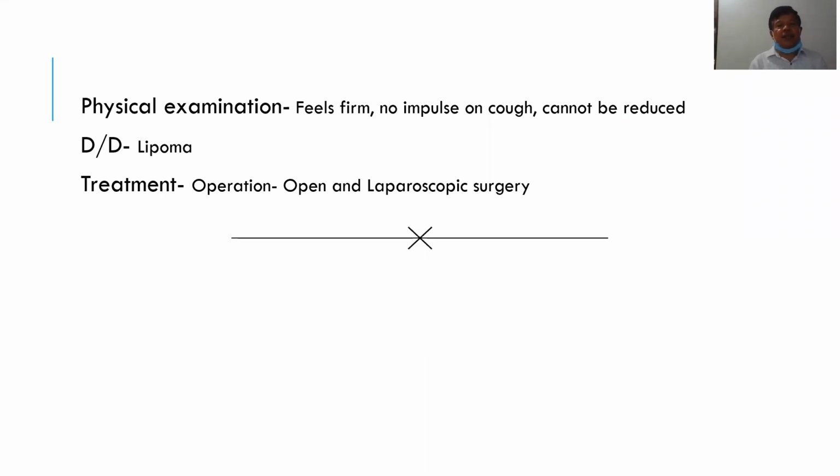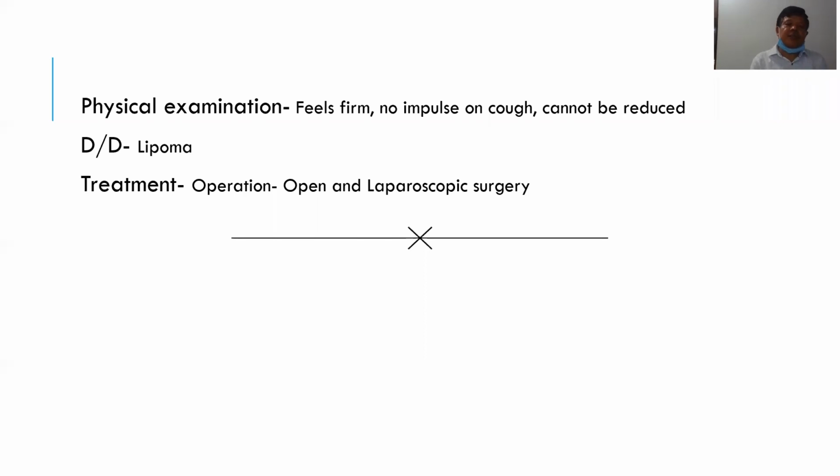Whenever such a patient comes clinically, many times it may be wrongly diagnosed as a case of lipoma. That's why, among investigations, if you do a sonography, you can find whether there is any peritoneal content or whether it is outside the peritoneum or outside the linea alba, or whether there is any defect in the midline linea alba. That can be detected with the help of sonography. If there is a defect, the size of the defect can also be detected.